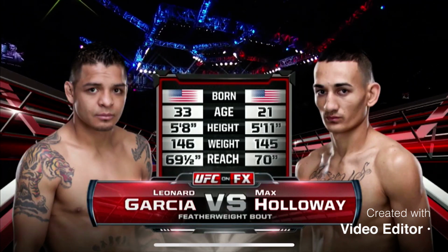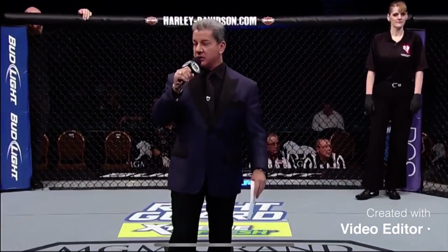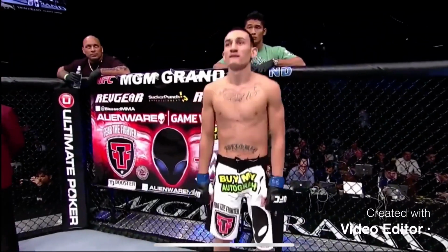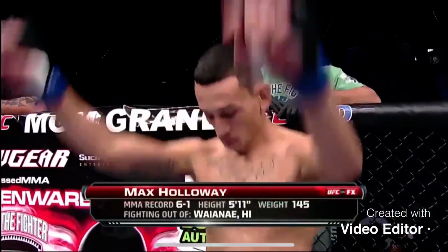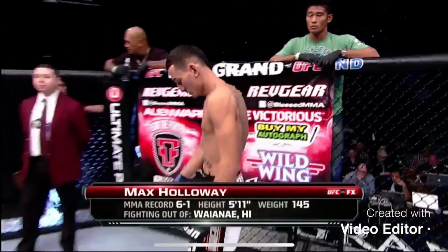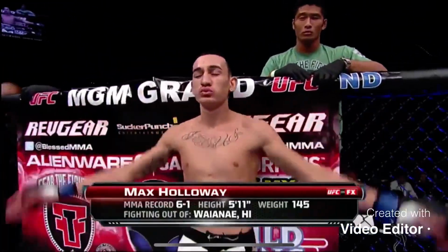Here once more is Bruce Buffer. Ladies and gentlemen, this fight is 3 rounds in the UFC featherweight division. Introducing first, fighting out of the blue corner, a mixed martial artist, holding a professional record of 6 wins, 1 loss. He stands 5 feet 11 inches tall, weighing in at 145 pounds. Fighting out of Waianae, Hawaii, Max